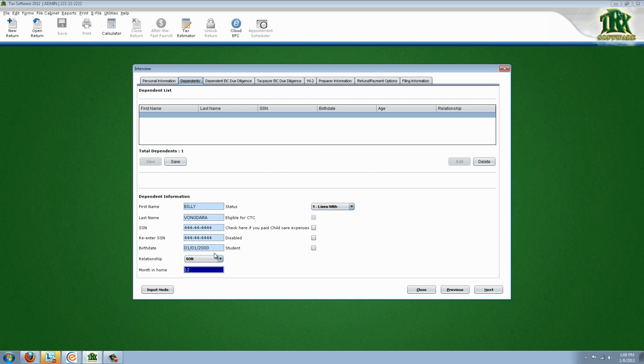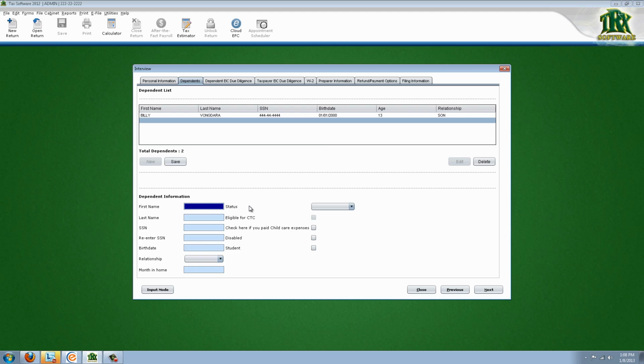Alright, once we're done entering the dependent information, we have to press save. Okay. Now it'll bring that dependent to the list at the top. In order to add a new one, we'll press new and do the same thing. And then again we'll press save. In order to edit one of these dependents,